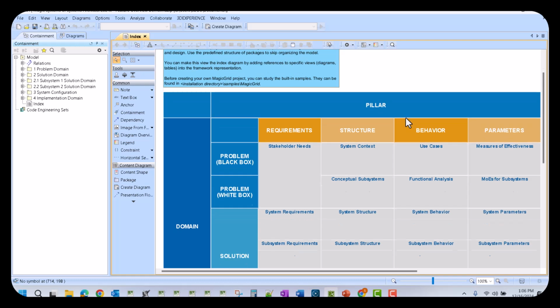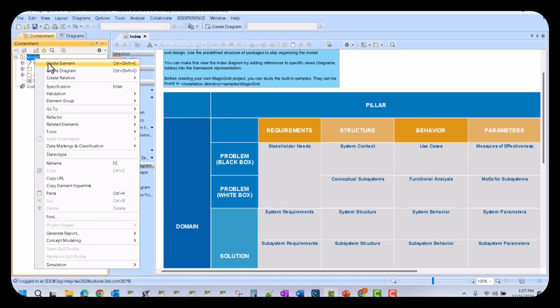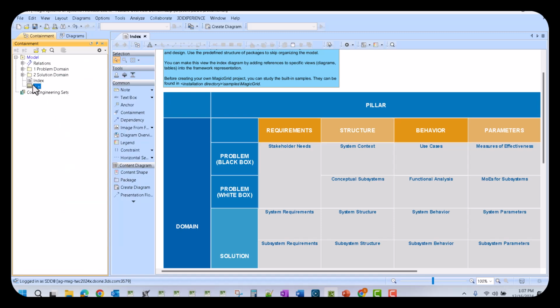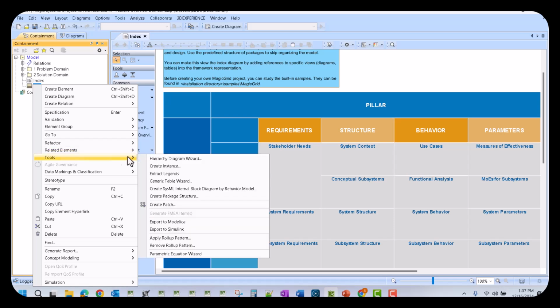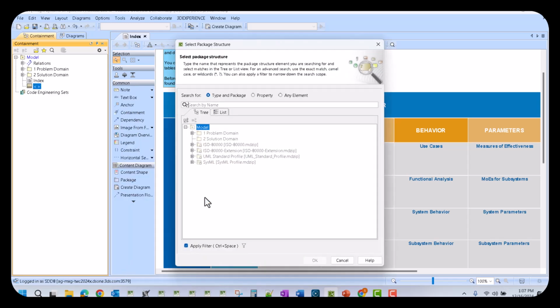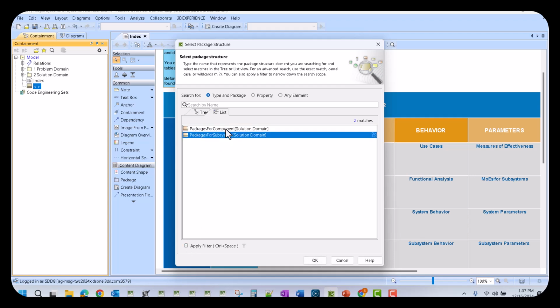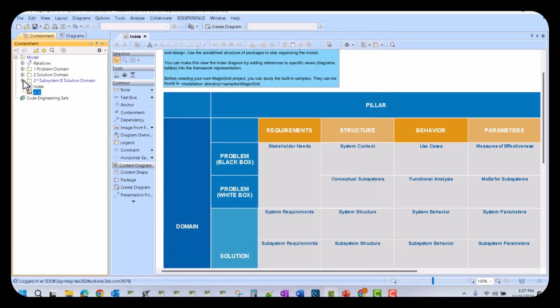I'm not going to do that for the scope of this, but we'll do it in the future. So the first thing I'm going to do is get rid of all of this. And then I'm going to show how you would use the structure creation feature. So you right click and you go to Tools, and you create package structure. And with Magic Grid, you have two that are out of the box. So let's do package for subsystem, hit OK, and you can see it automatically generates the structure for us,